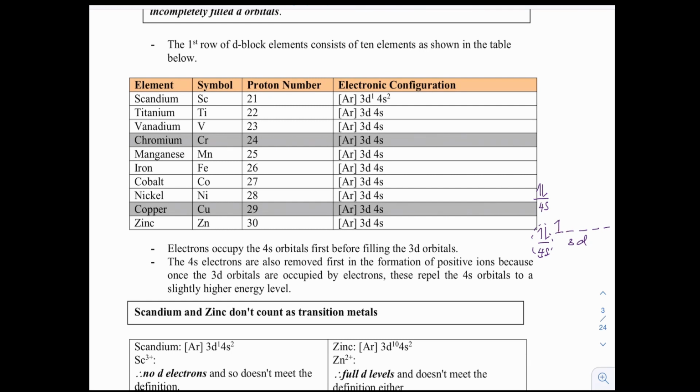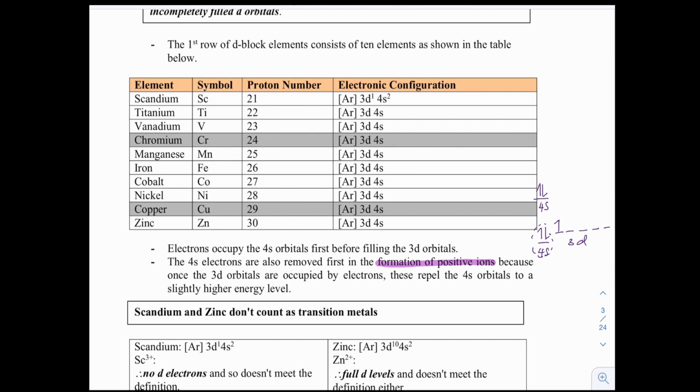So remember that if we want to form the positive ion, meaning we want to remove the electrons from the outer orbital, the 4s orbital becomes the outer orbital because it has the highest energy right now. So therefore, we'll need to remove electrons from this orbital first. Okay, now